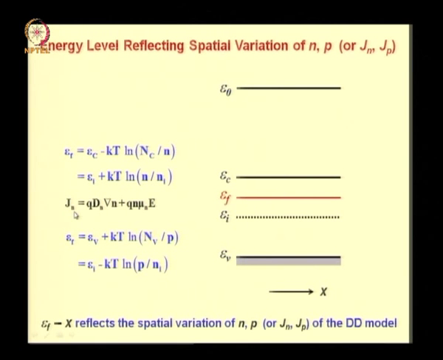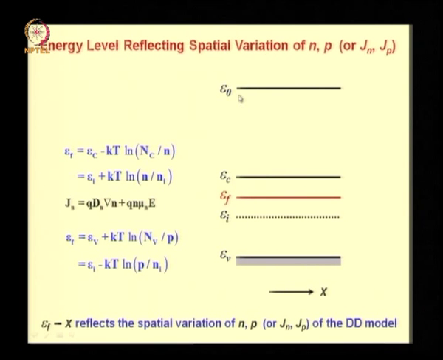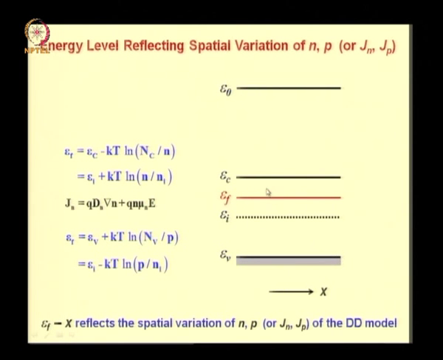Now how does the Fermi level reflect the current density? The formula for current density in the drift diffusion model is Jn equal to q Dn grad n plus q n mu n into E. Since this is a uniform semiconductor, EF is shown as a flat line and the semiconductor is under equilibrium, therefore there is no electric field, so E0, EC and EV are all flat, there is no slope because there is no electric field, and therefore